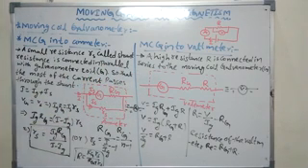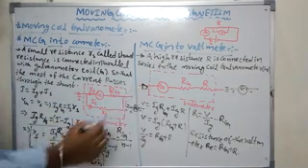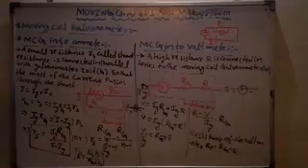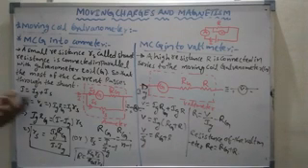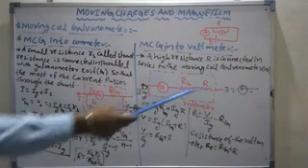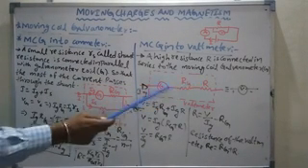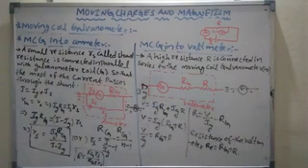When resistors are connected in series, which one is constant? The current flowing through the resistors is constant. When resistors are connected in parallel, which one is constant? The potential difference across the resistors is the same. Here, the resistors are connected in series, so the current flowing through the galvanometer resistance and the high resistance is the same.